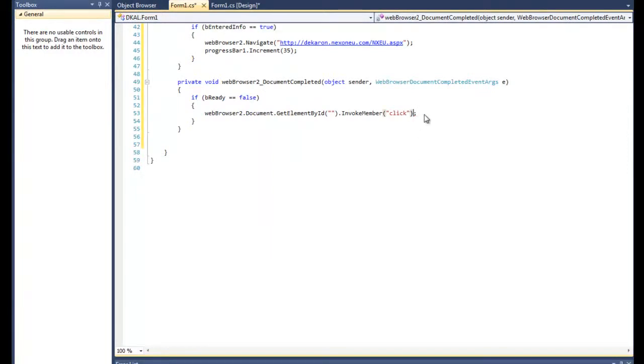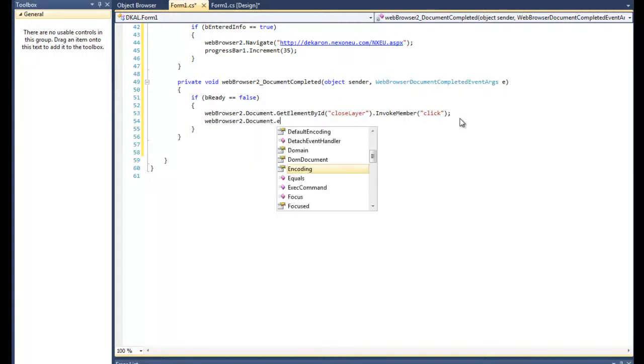This is so you can close it. The element is, you just right click it, find the element. It's called close layer. We're gonna click. Then we're gonna say web browser 2 dot document dot get element by ID. No, sorry about that. Let's say invoke. Right here, see, they use Java, and